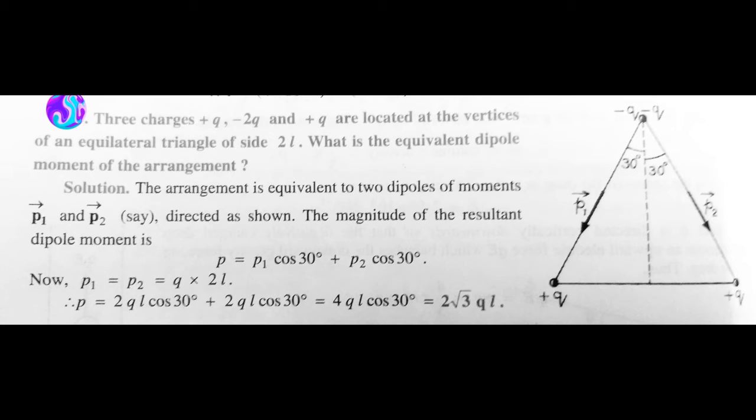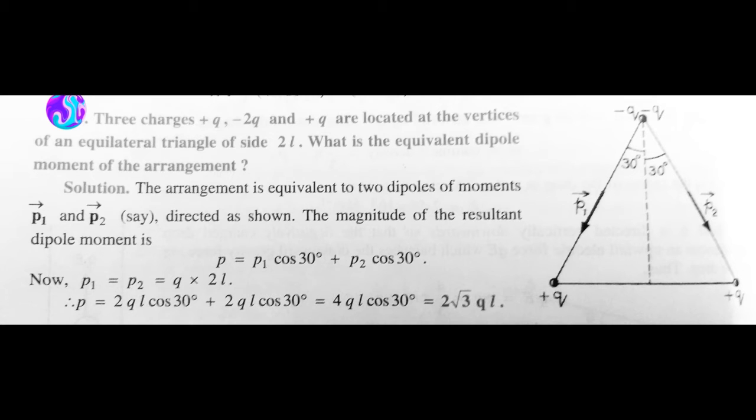Now, here is a very interesting fact I must tell you. I told you the mathematical condition of a dipole: Q1 plus Q2 equals 0. If you add up all these charges, plus Q, minus 2Q and plus Q, you will get 0. So here is an arrangement of a dipole. Understood? Great. Now it's very simple. We take one minus Q out of the minus 2Q charge, since we have subdivided that charge into two parts of minus Q and minus Q, and that makes P1 with plus Q. Another minus Q and plus Q at the bottom makes P2.